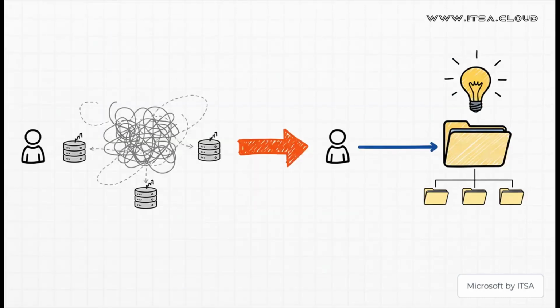And this is the magic trick. All of those confusing paths from before, gone. They get replaced by one single logical path. Just imagine telling a new employee, hey, just go to Contoso Public, and that's it. Everything they need for every department is just there, neatly organized. That is the big aha moment of DFS.